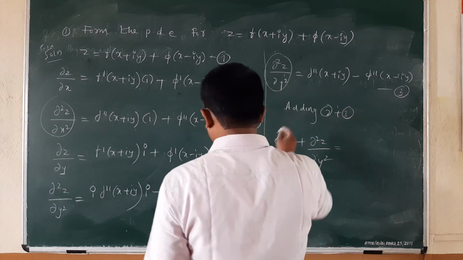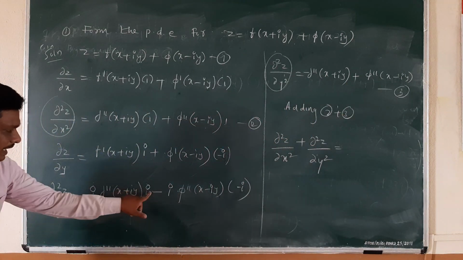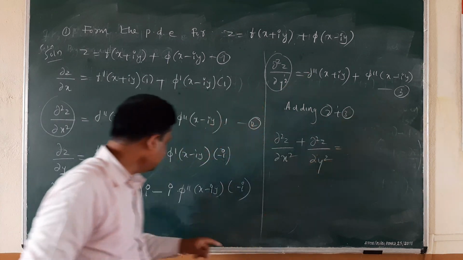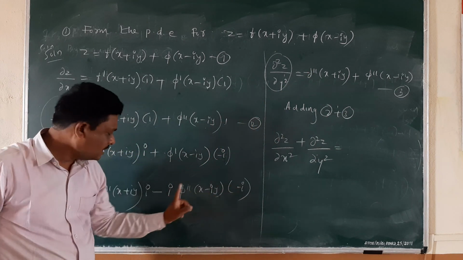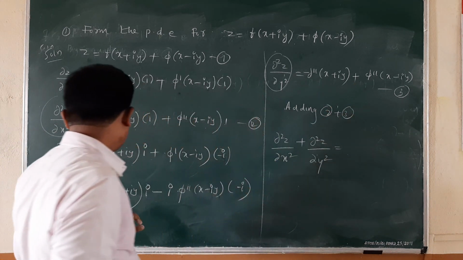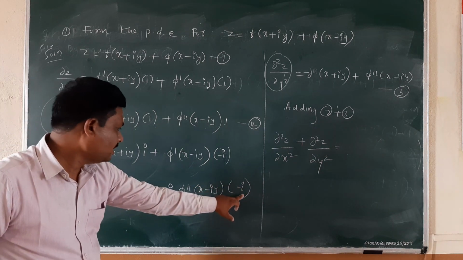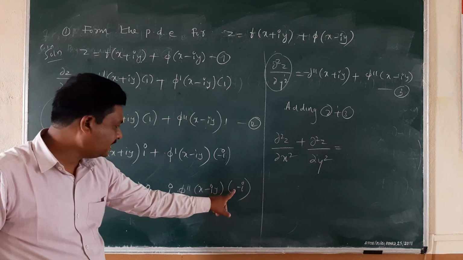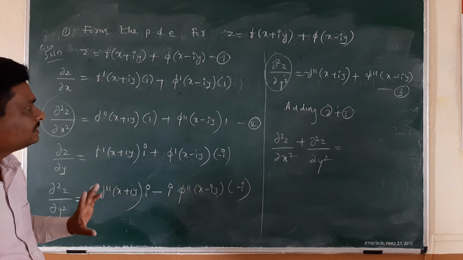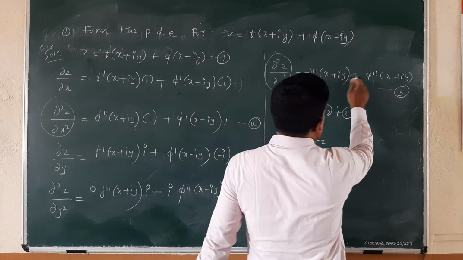So I have done a small mistake here. So this is minus, this is plus, because i into i square value is minus 1. Minus into minus plus i into i square value is minus. So a small mistake has happened. Minus into minus plus i into i, i square value is minus 1. So this is also minus